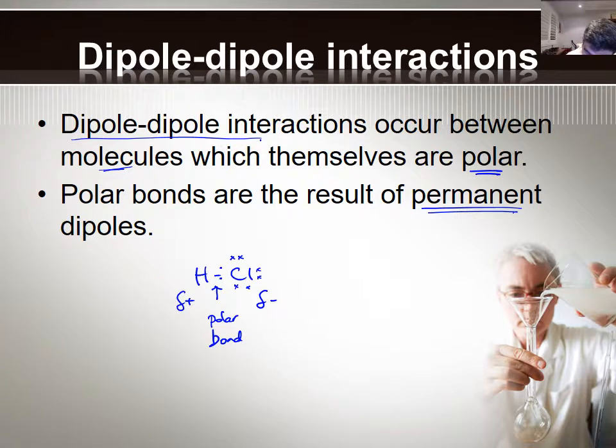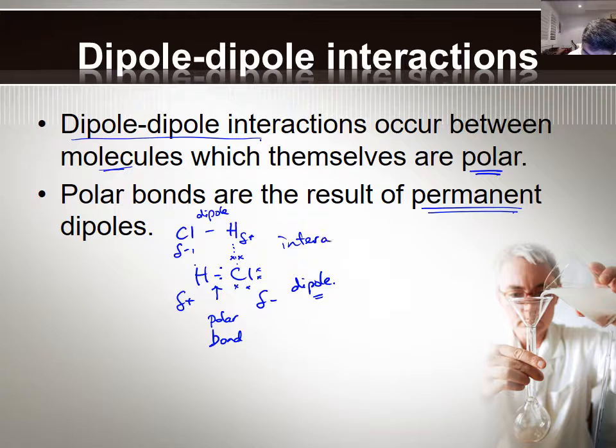When another hydrogen chloride molecule comes near, the opposites attract, and we get bonding occurring. Because this is a dipole, and this is a dipole, the interaction between the two is called a dipole-dipole interaction,